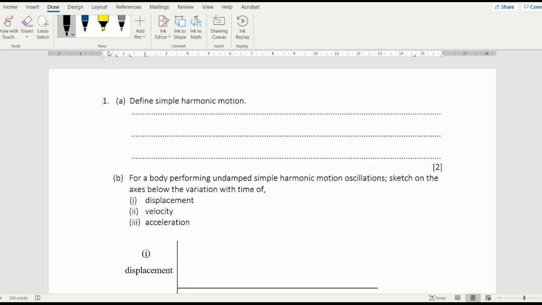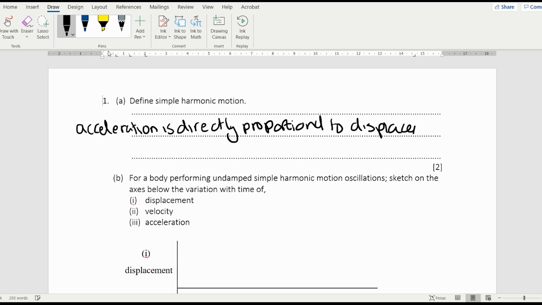So the definition of simple harmonic motion, or a system that's undergoing simple harmonic motion, is that acceleration is directly proportional to displacement in the negative direction. And what that means is that